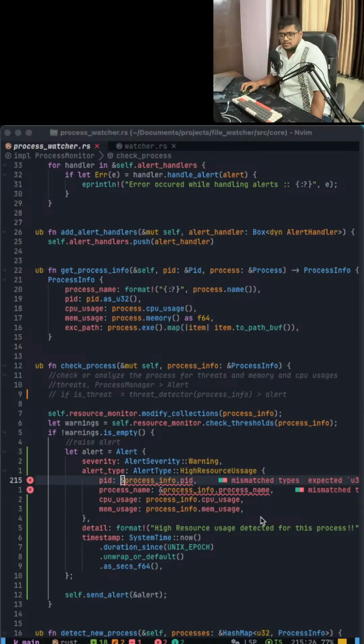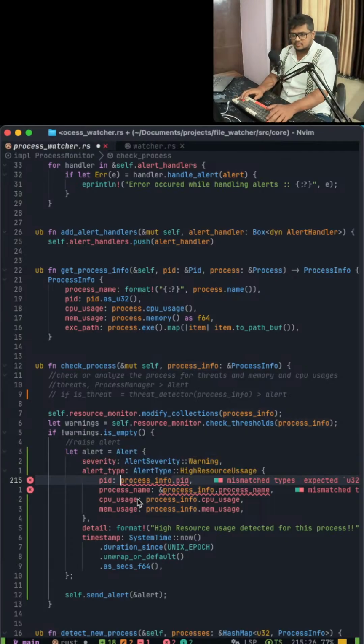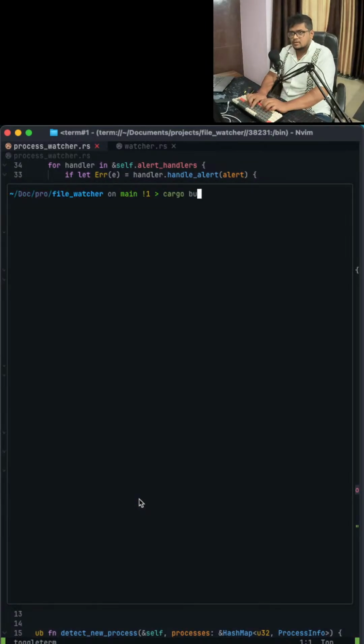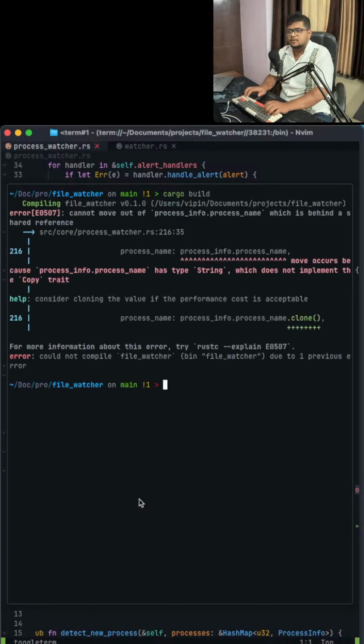So I think we need PID, that's u32, that I can do. And it says mismatched type here. If I remove this thing, there was an error as well. So now let's check the error. A move occurs because process info.name has type String, which does not implement the Copy trait. Yes, we can do a clone, but if I do process info,